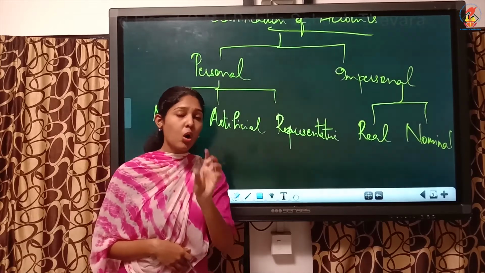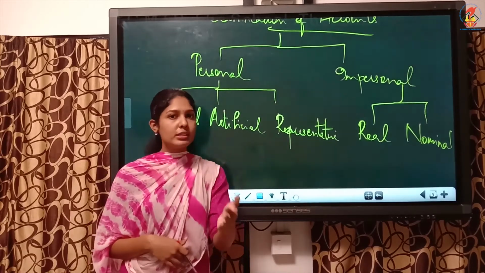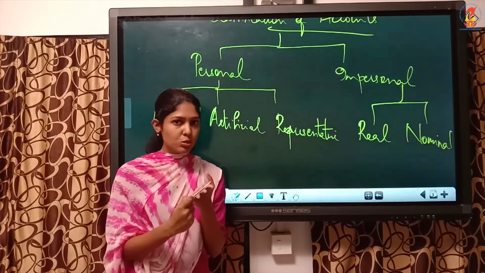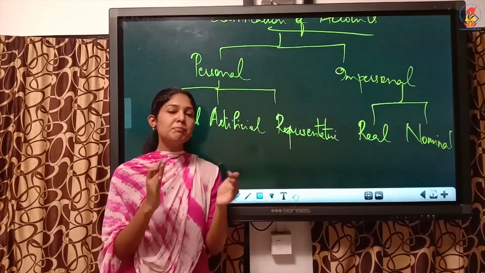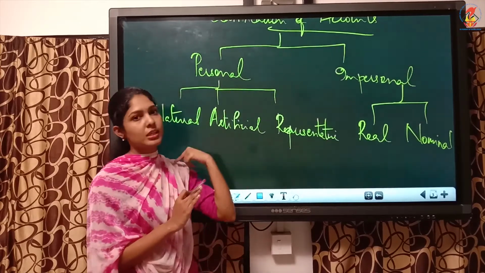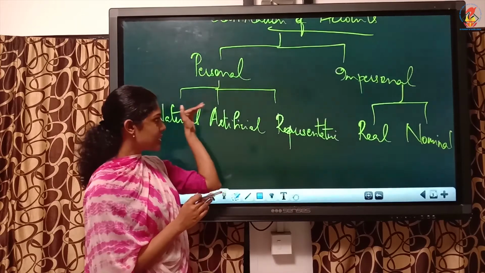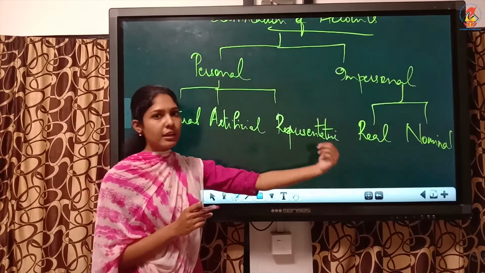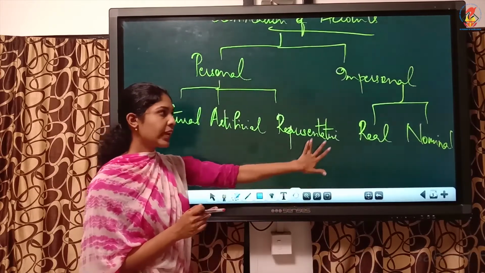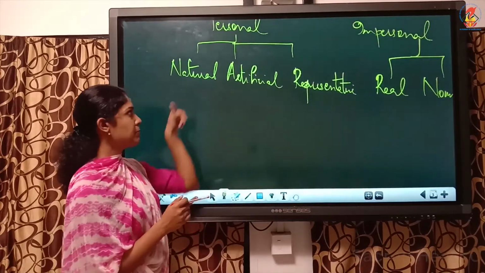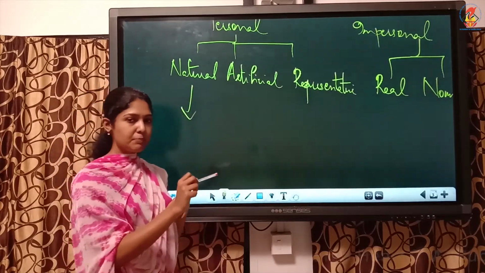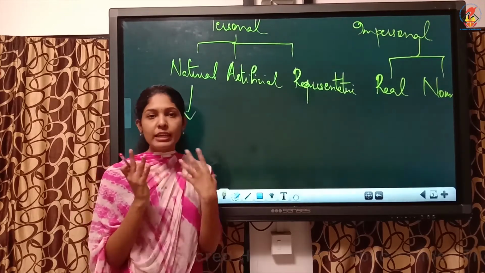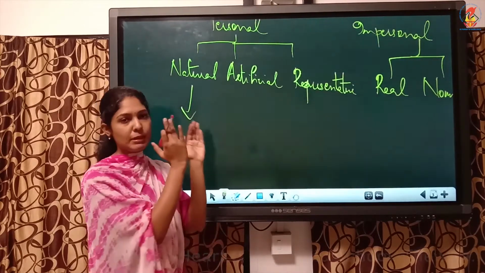So here personal account means an account which is related to persons. Persons means not only individuals but also firms, corporates like companies, then institutions. All these artificial people also come under the term personal. And we can classify it into three: natural personal, artificial personal and representative personal. What is the meaning of natural personal? Natural personal means persons who are creations of God, like we people.